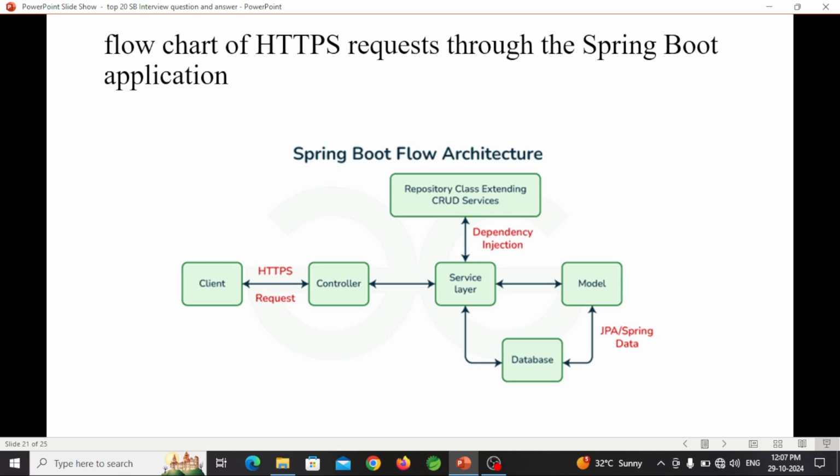After that, the response returns through the controller to the client. The service layer basically works with the model layer and database layer using Spring Boot and the JPA dependency for talking to the database.